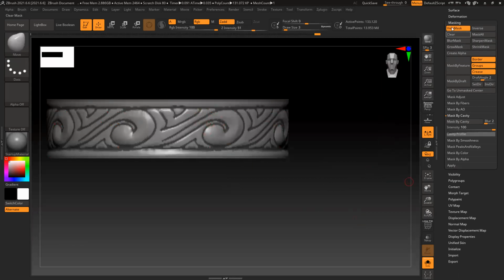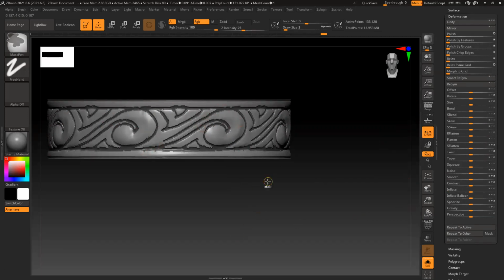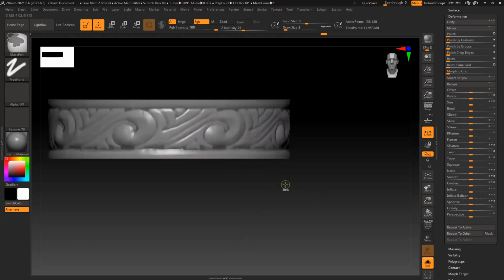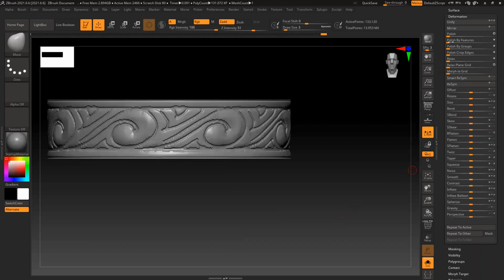So what I'll do is go to the deform and inflate it slightly, maybe like one. So it will make everything really sharp. But I can see all those jagged edges. That is something I want to fix. So just click here once, make it smooth. And too much again. So inflate one, then deselect and use polish.